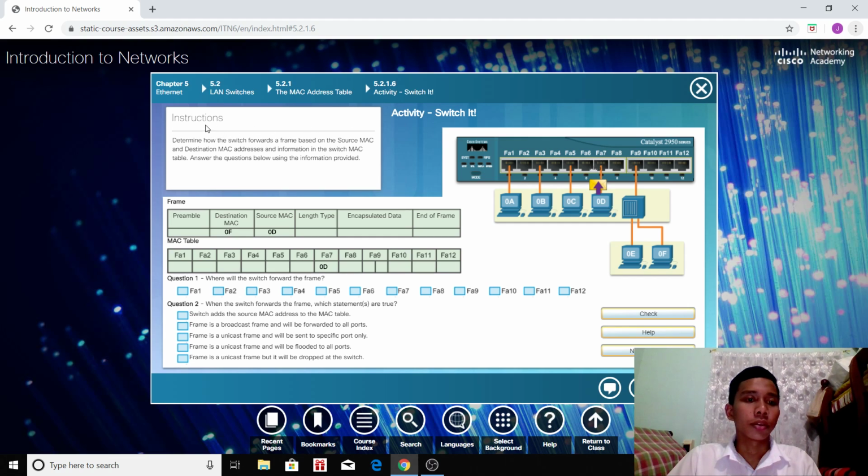Instruction: determine how the switch forwards a frame based on the source MAC and destination MAC addresses and information in the switch MAC table. Answer the question below using the information provided. So first,